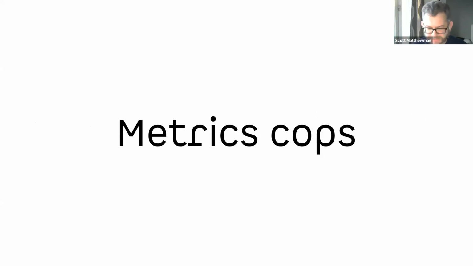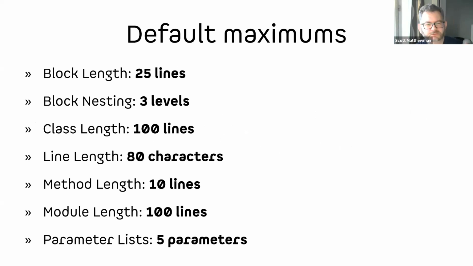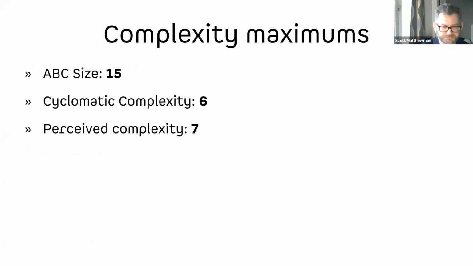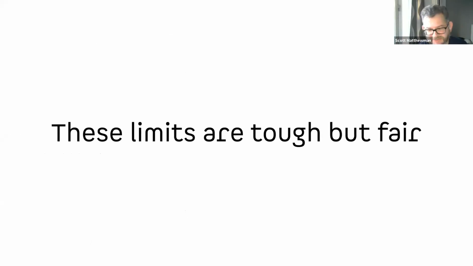Slight pivot, but talking about those metrics cops in particular, obviously you saw in that to-do file, it was generating huge numbers. RuboCop has some maximums for various things within its default config. So you can see there, classes shouldn't be any more than 100 lines. The parameter list should only be 5 parameters, blocks should only be 25 lines, and so on. It also has some defaults for complexity. And these limits are tough. Trying to work within them is not